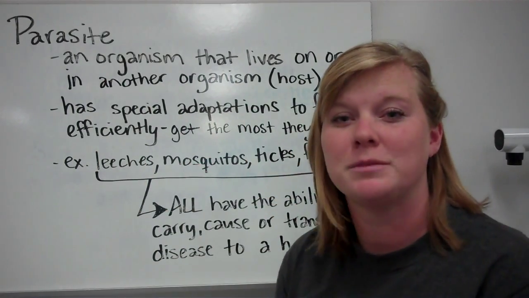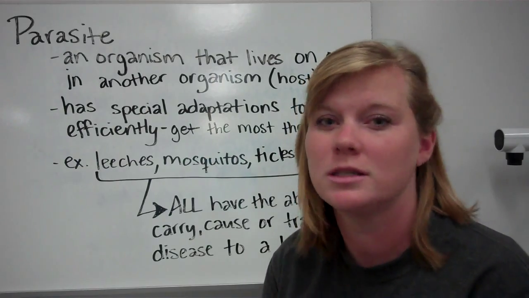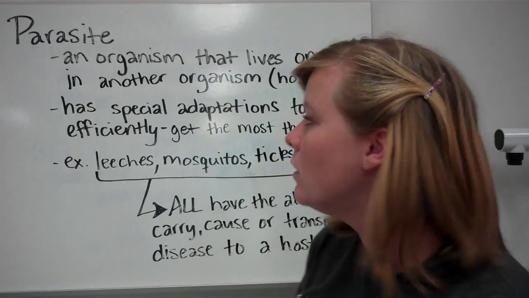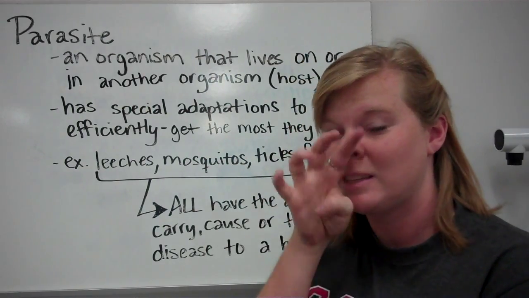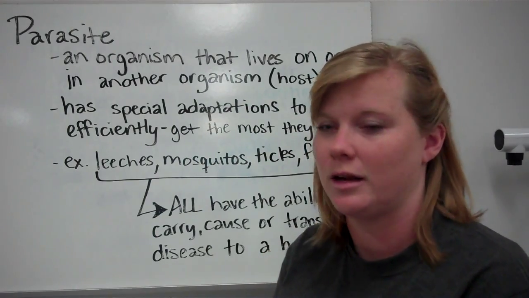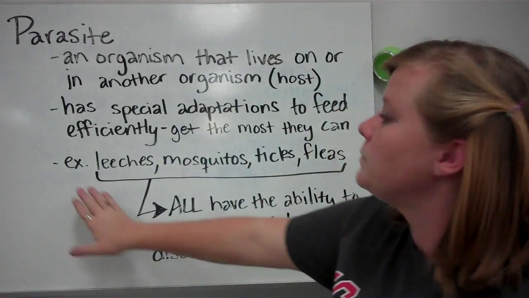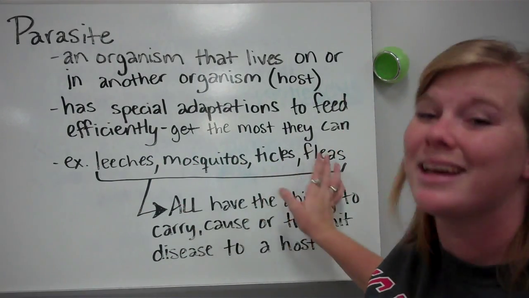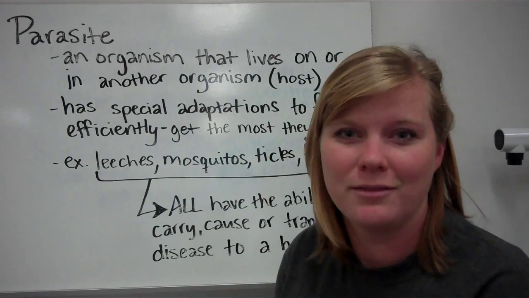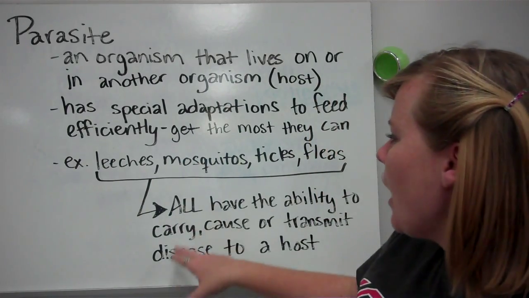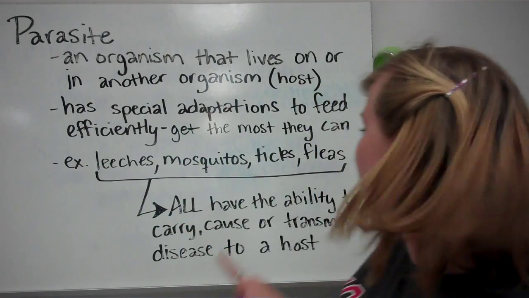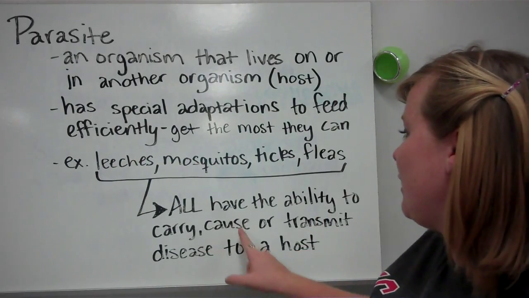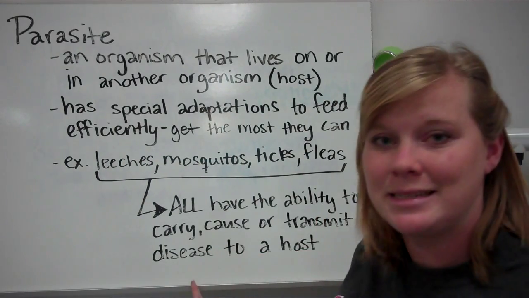This is going to enable them to get the most they can from their host in the shortest amount of time possible. So they're trying to be really efficient. They've got some really unique adaptations that are going to help them to do that. A couple of examples of parasites are leeches, mosquitoes, ticks, fleas, pretty much anything that's going to leave you that nasty bite. And all of these parasites have the ability to carry, cause, or transmit diseases to a